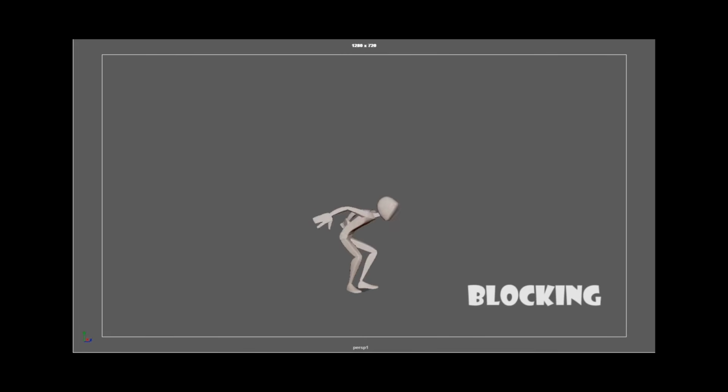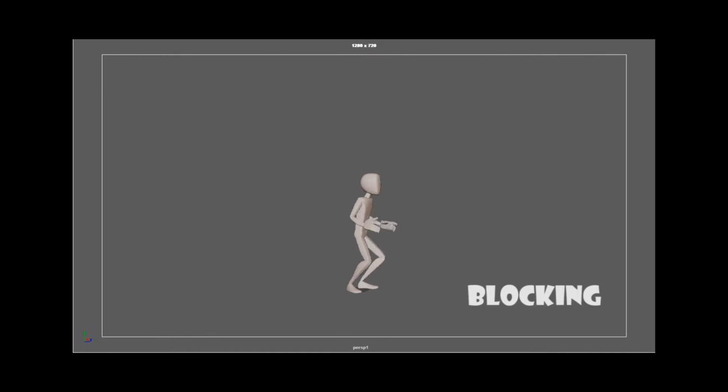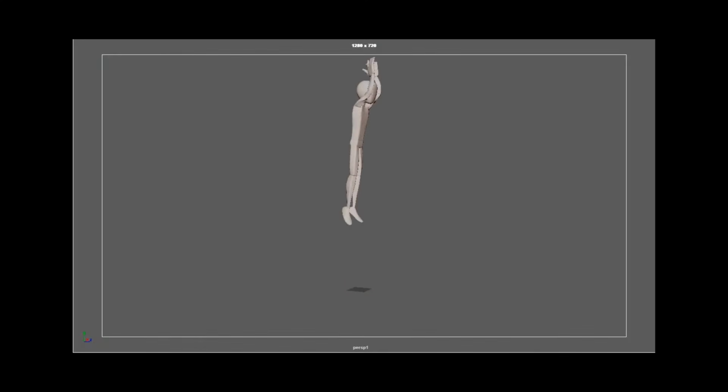Welcome to part 3. In part 1, I explained how to bring a video reference into Maya. In part 2, I bored you with how to block out a shot, which is basically a jump. And in this part, I'll be splining the blocked version, trying to keep this video as short and informative as